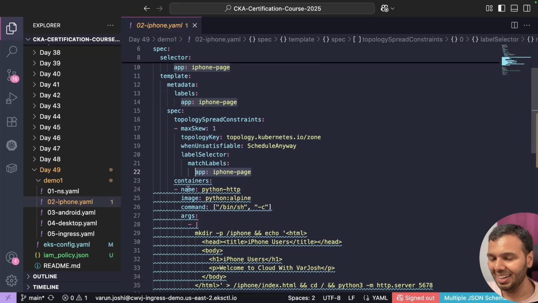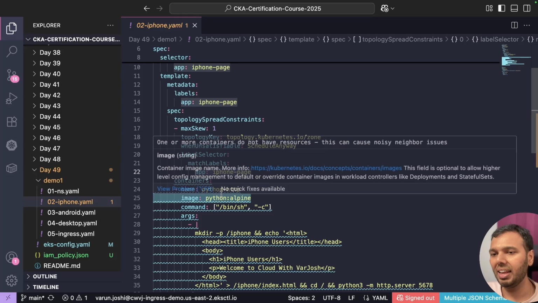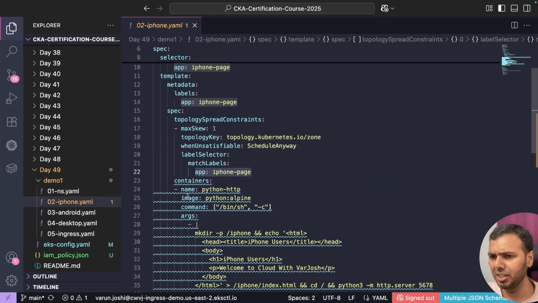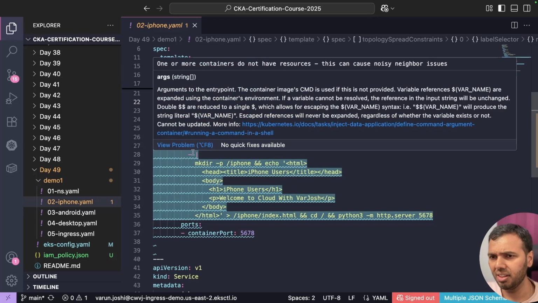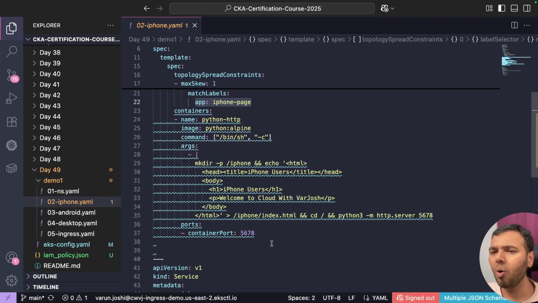Now we are saying containers. Name of the container is python http. Image that we are using is python alpine. Command that we are using is this, this is the argument. Now again,